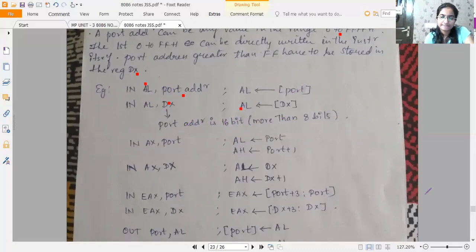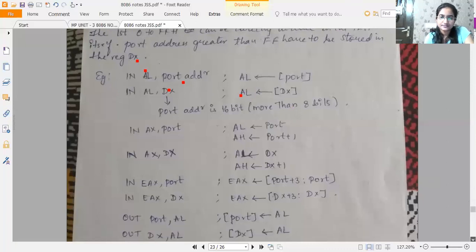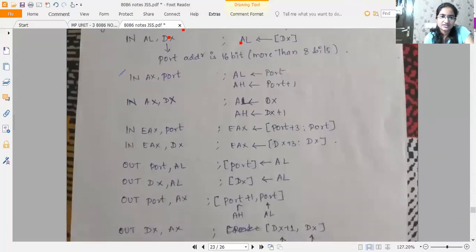Okay. Then similarly, here the destination size was 8-bit and here the destination size is 16-bit. So what will happen? In IN AX, port, the port address mentioned here is lying between 0 to 8-bit. So the content of that address will be loaded into AL.